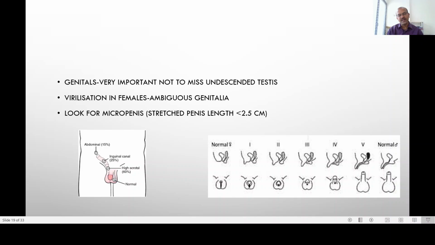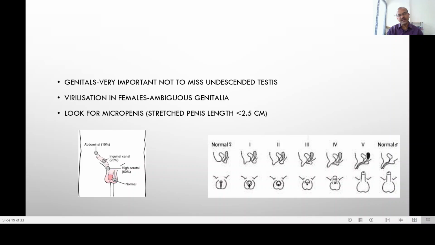This is the spectrum of virilization. As you can see, this is a normal female and the normal male, and if it starts going in this line from the male, it becomes an under-virilized male, and if it starts going towards the right from the female, it becomes an over-virilized female, usually congenital adrenal hyperplasia or other factors. The under-virilized male may lead to hypospadias and micropenis.